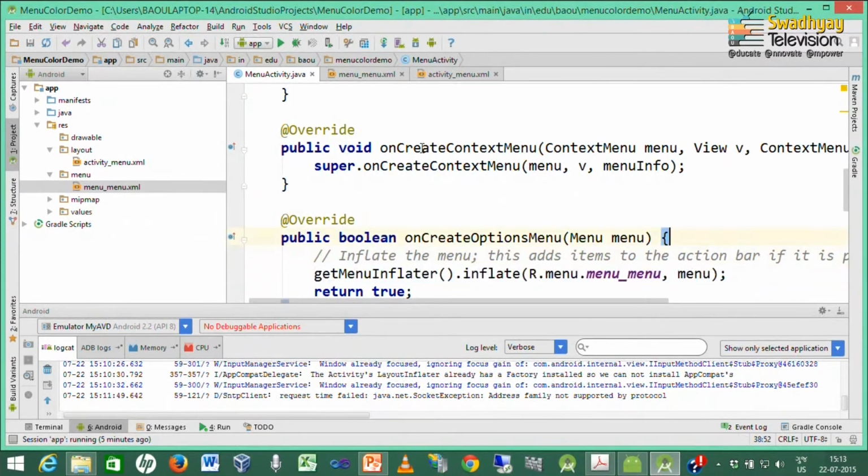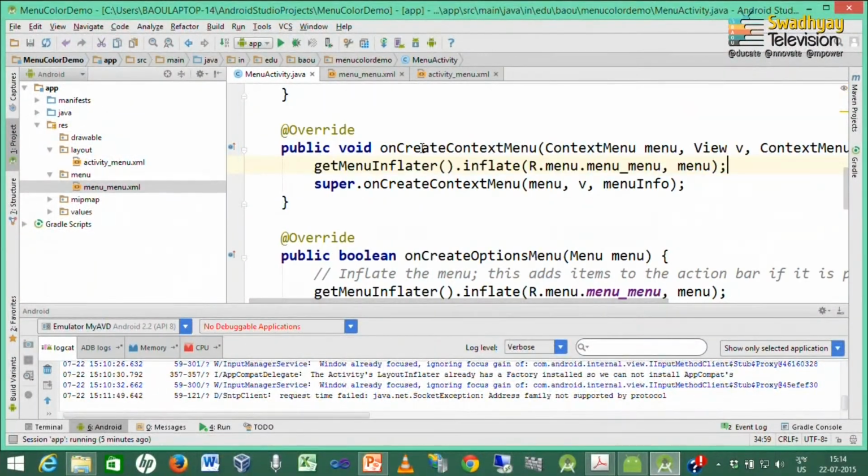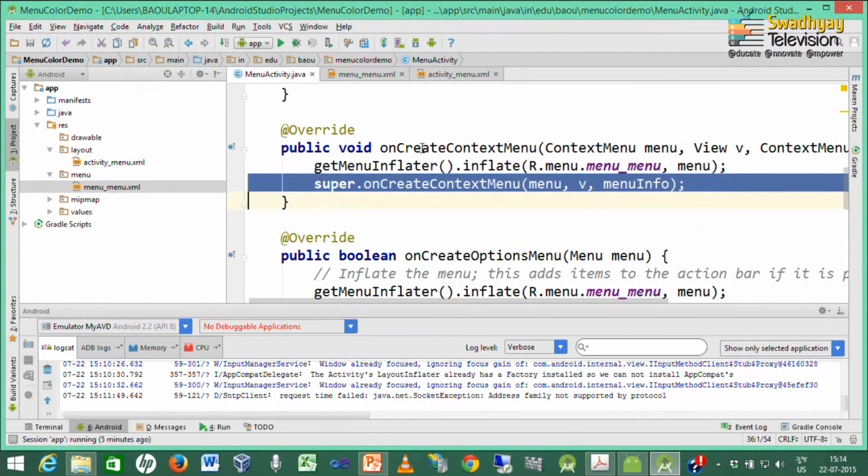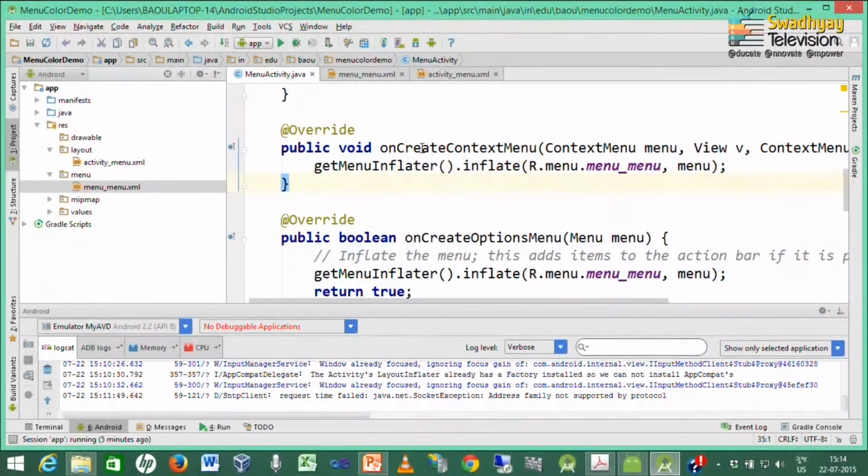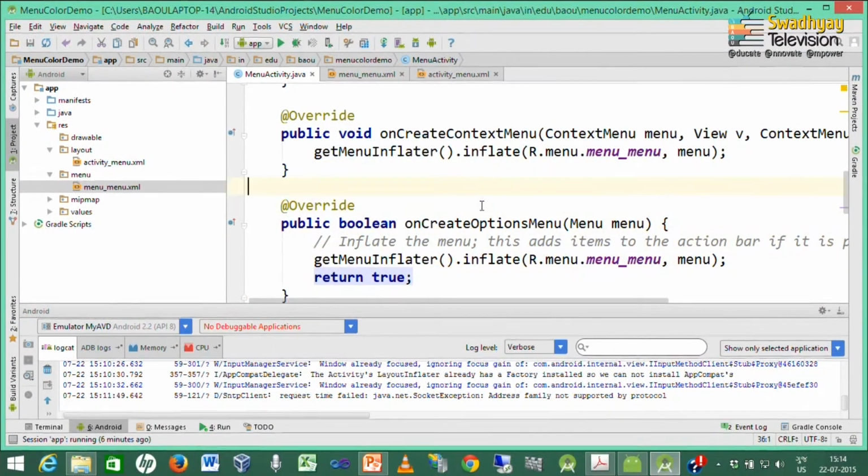So, I am just copying this, writing the same thing here and removing this. Remember, the return type for onCreateContextMenu is void, and the return type for onCreateOptionsMenu is boolean. So, there we write return true, but here we do not write anything like return true, because its return type is void.